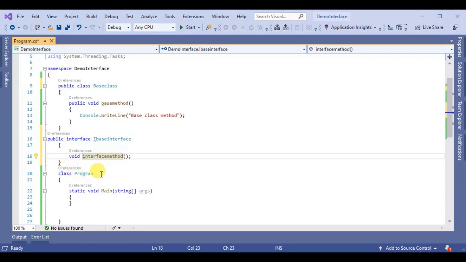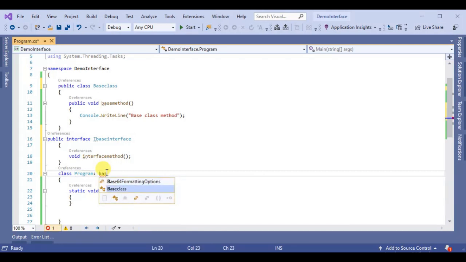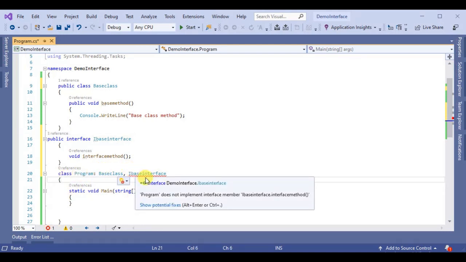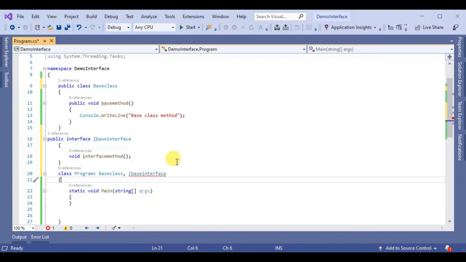So now we inherit BaseClass, comma, IBaseInterface, and this error shows: Program does not implement interface member IBaseInterface.InterfaceMethod. So it is the child's duty to implement all the member functions of the interface in the child class.